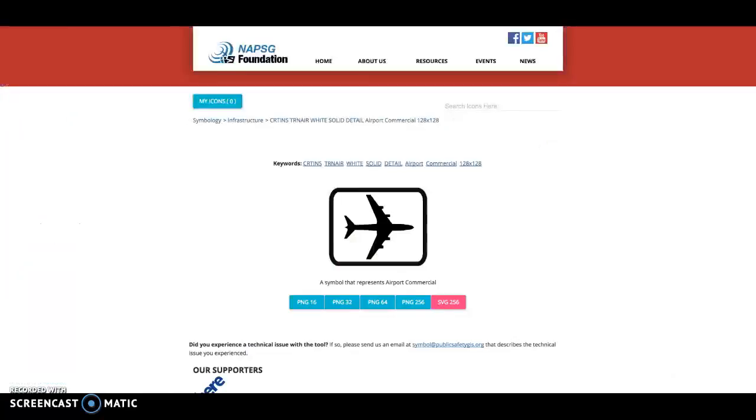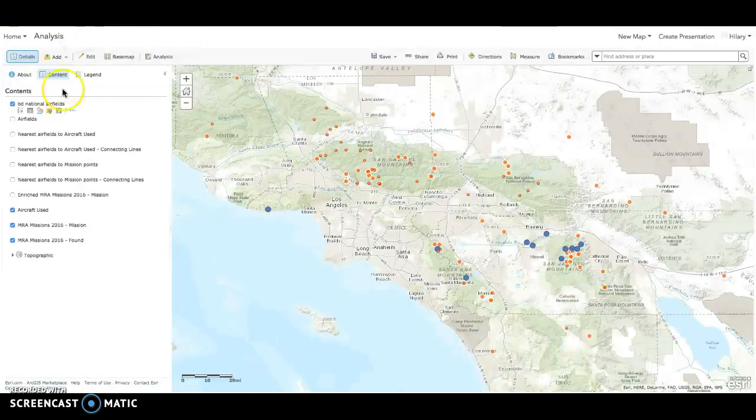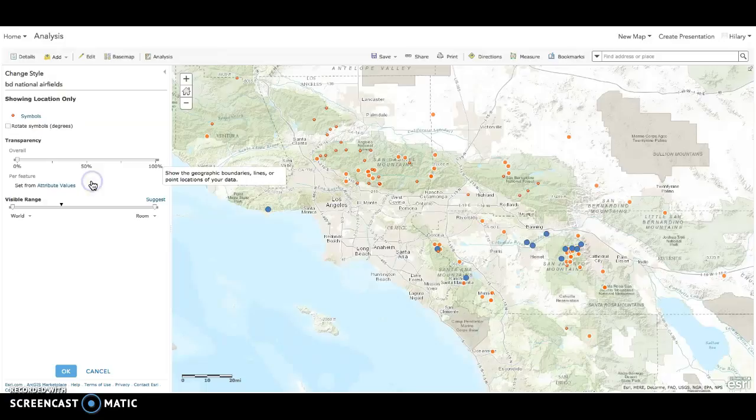The NAPSG Foundation has created an entire symbology library to promote standard operating procedures for public safety and search and rescue and whatnot. So by going to NAPSG Foundation and then clicking on resources, you can find their symbol library here. Under the infrastructure category, they have this symbol that represents airfields. So to use this symbol back on ArcGIS Online, all you have to do is right click and choose Copy Image Location. Then head back to ArcGIS Online, and for our layer, click here, Change Style, and then click Options,